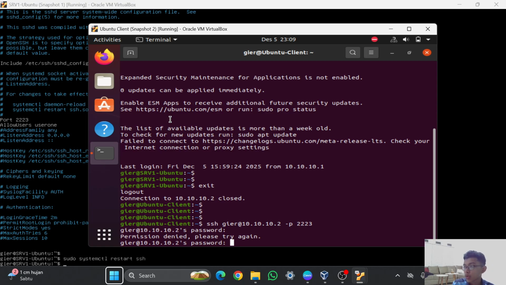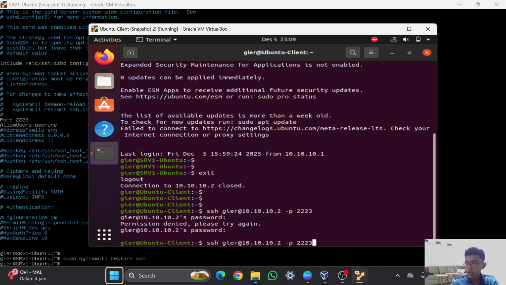And when I try to remote the server 1 Ubuntu using the GR user, as you can see, the permission is denied because the GR user is not allowed to log in to remote the server.